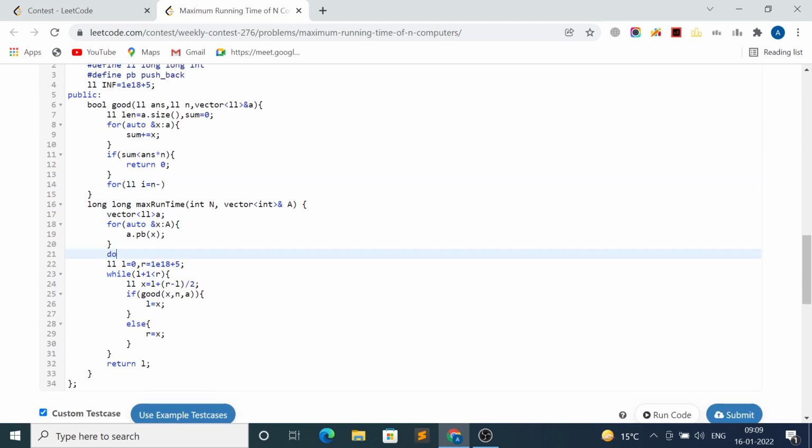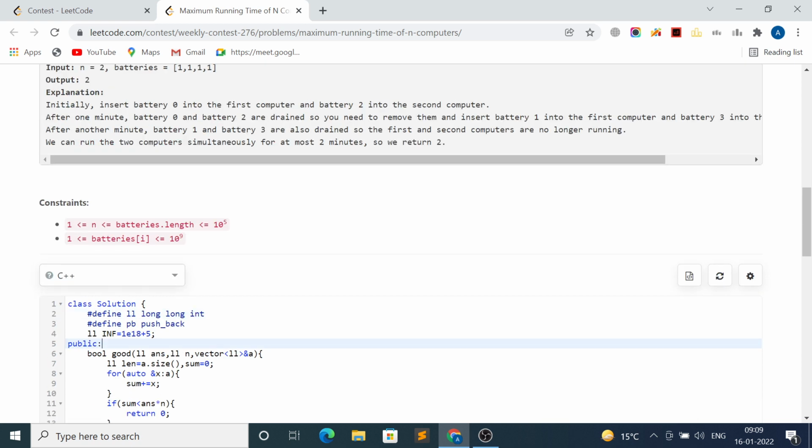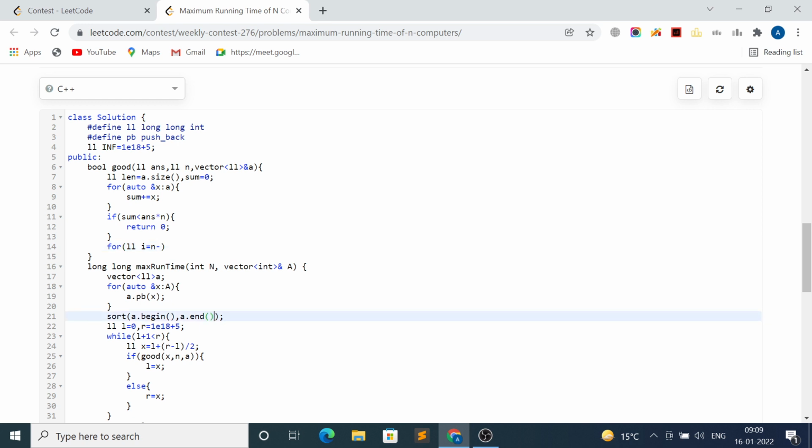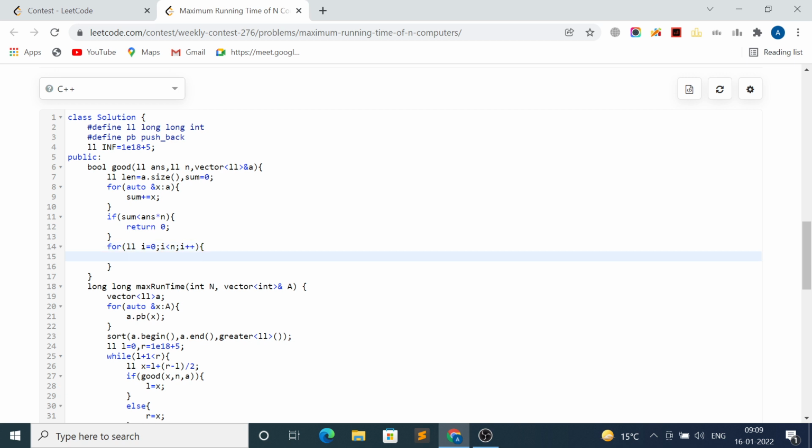I will also just sort it, sort it in increasing order. Filter. Cool. Sum less than, for i equals 1, i equals 0, i less than n, i plus plus. Now for checking this, if it is less than this, okay,